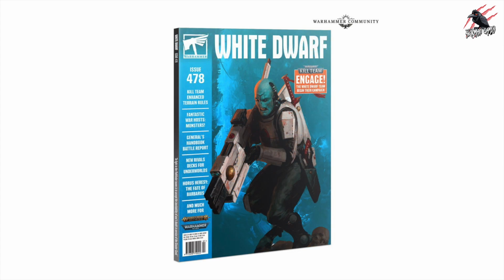Next, we've got White Dwarf issue 478, which is going to be the July issue. And White Dwarf has been brilliant lately. There's been loads of cool freebies, some great articles. And in this issue, there's going to be expanded rules for terrain in Kill Team and the first article of